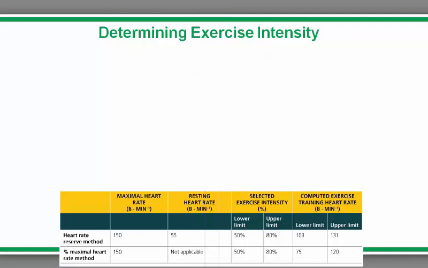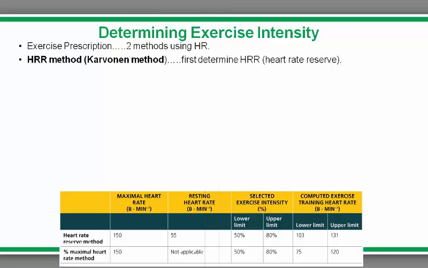Now, to take a look at some of the prescription methods, once we've established the maximum heart rate, either through the GXT or more commonly through one of the methods outlined on slide number 10, we have two methods for the exercise prescription intensity. And the first is referred to as the HRR method, or the heart rate reserve method, referred to as the Karvonen method. This is the first method we'll cover, and to do this, the heart rate reserve must first be